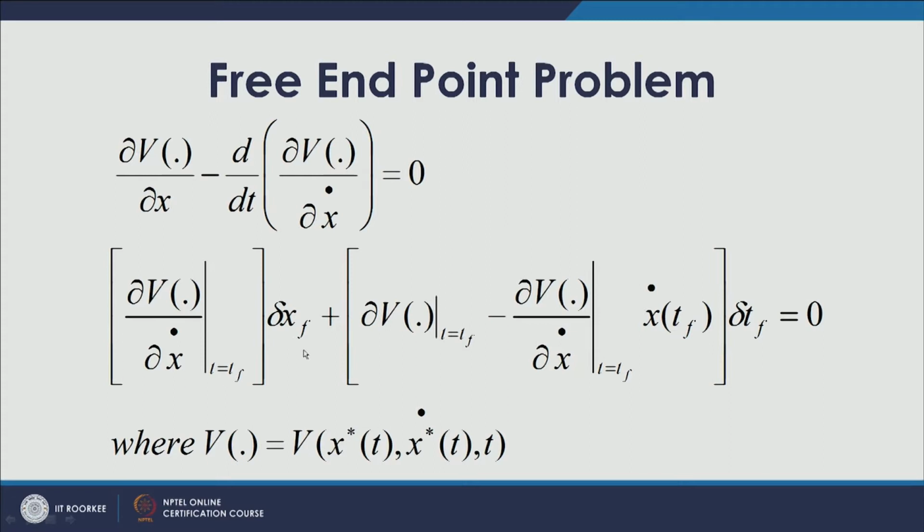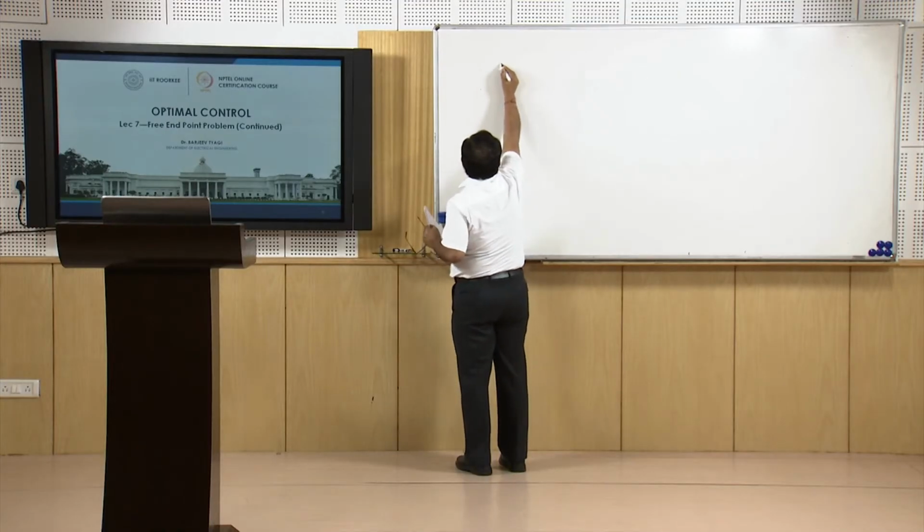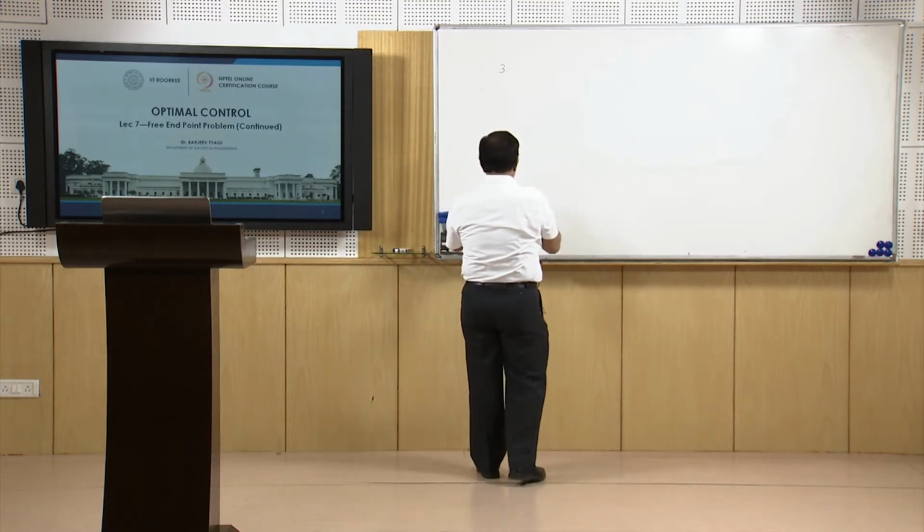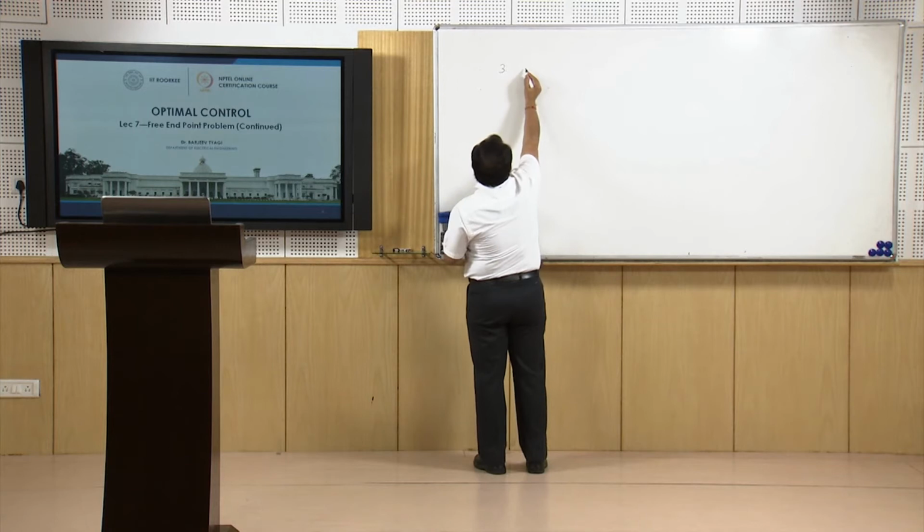In the x of tf free, tf fixed case, my terminal condition was del v by del x dot evaluated at t equal to tf equal to 0. So, in this class we will start our discussion with another case, which will be our third case, in which we are making tf free